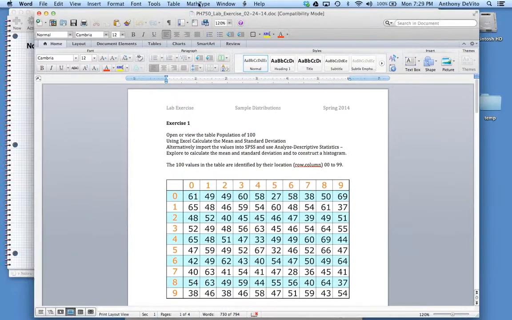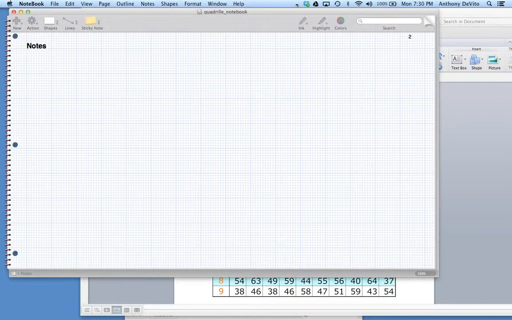I just want to quickly review what we talked about last week, and that is the idea of distribution of a normal population. I'm just going to go over this real quick. We were talking about how in a normal distribution, we find that most of the values are somewhere in the middle.